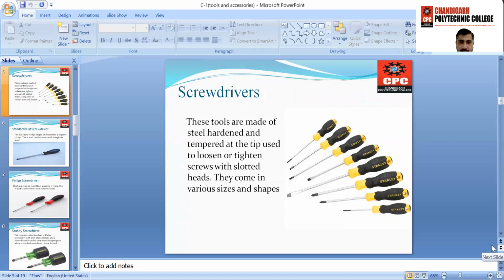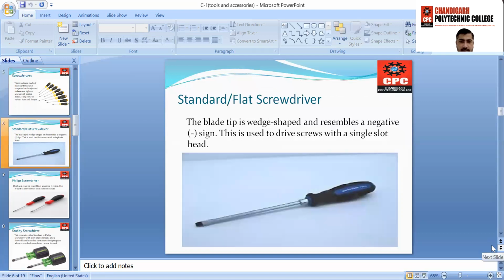These are the screwdrivers. These tools are made of steel, hardened and tempered at the tip, and used to loosen or tighten screws with slotted heads. They come in various sizes and shapes as per the diagram, like flat head, star head, narrow flat head, or punched head tools. Let's explain these one by one.